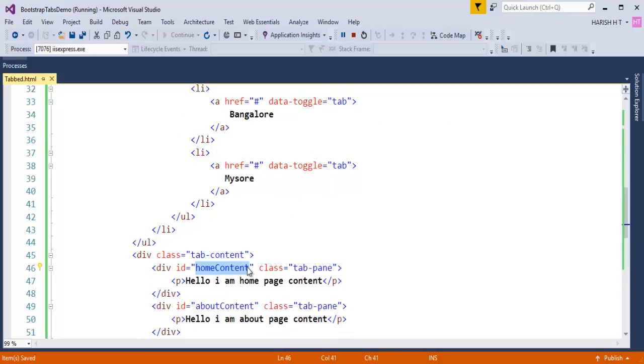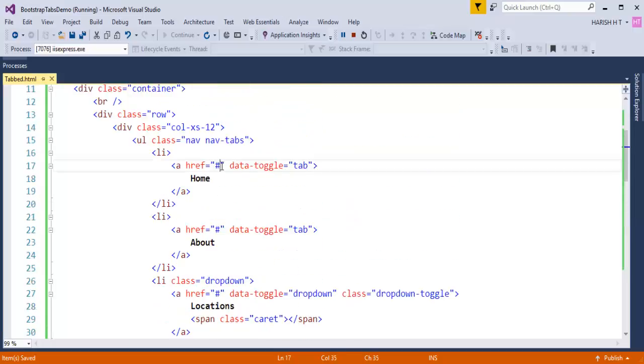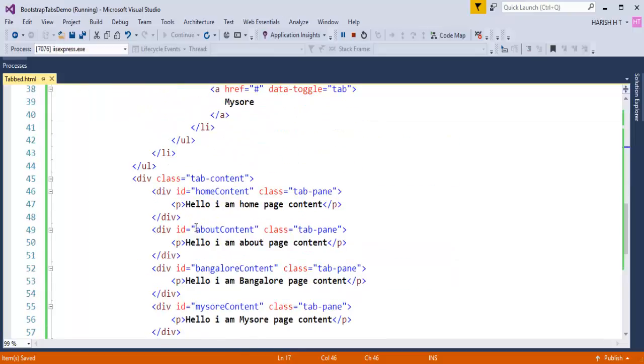So what I'll do, I'll take this ID and I'll assign this ID to this anchor tag such that it identifies the content wherever it is present. Similarly, I have to do it for the rest of them. This is about content,